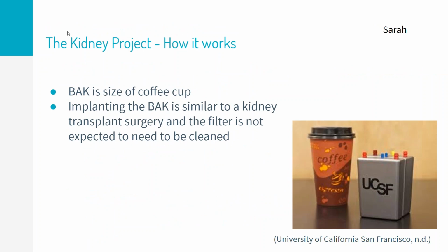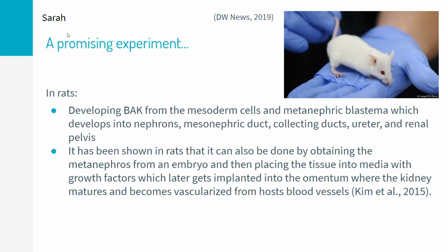The bioartificial kidney is around the size of a coffee cup. Implanting the bioartificial kidney is similar to a kidney transplant surgery. The filter of the bioartificial organ is not expected to need to be cleaned as it's coated with a biocompatible film to prevent clots. In rats, scientists have been developing a bioartificial kidney from the mesoderm cells that come from